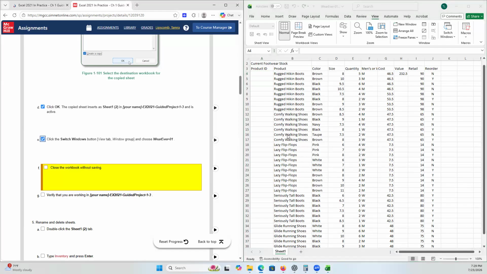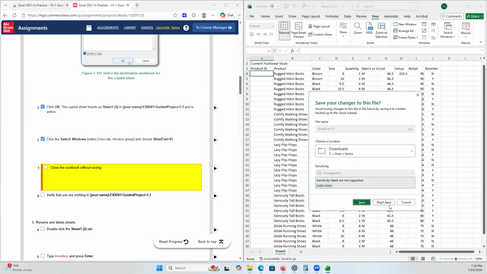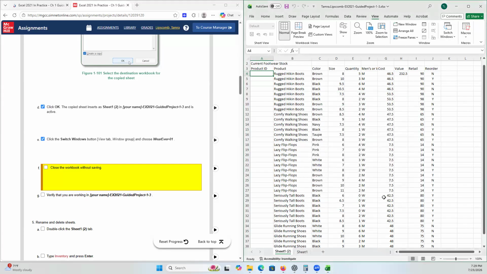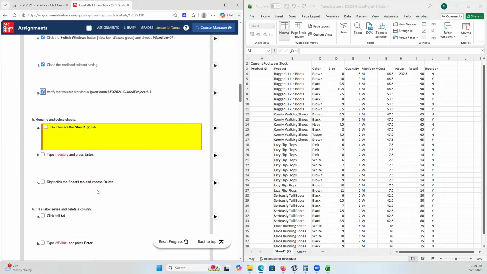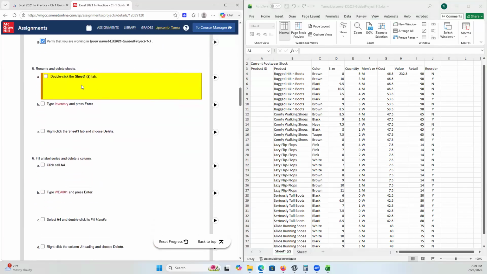Okay, now what it wants us to do is close this workbook, the wherever -01, without saving it. So I can just click close, and it's going to ask me to save. I'm going to say no, don't save. So that file closed, and it did not save it. Now I want to verify that I'm in the correct workbook, and that is guided project 1-3. I am. And now I want to rename the sheet 1 (2), and we're going to name that to